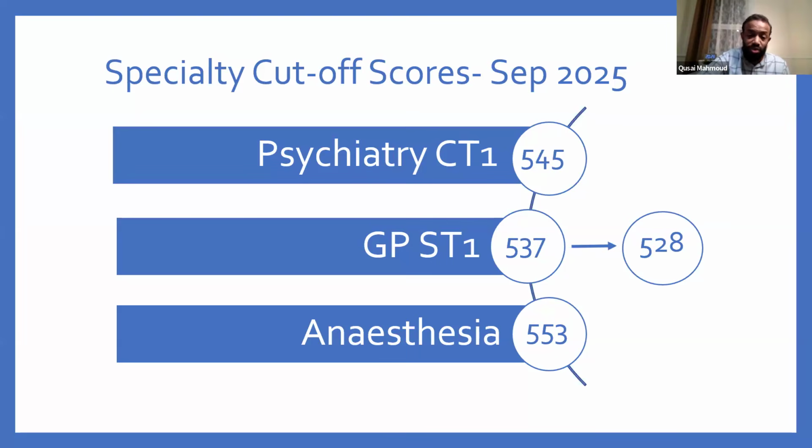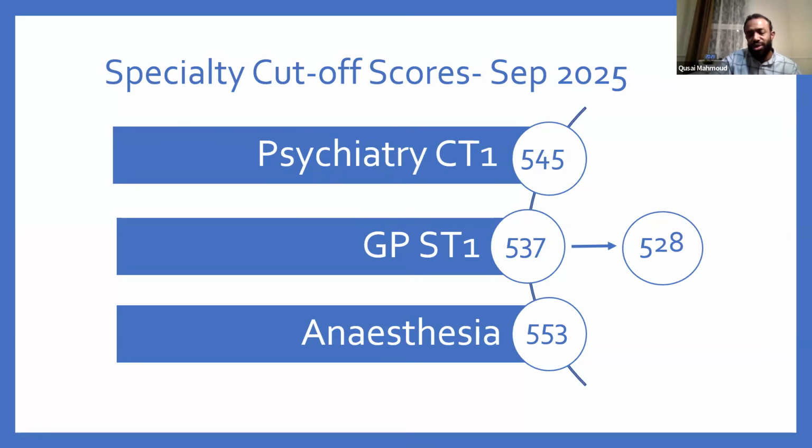However, for GP, believe it or not, the minimum score to get an offer in that round was 537, which is a very high score for GP. However, it went down to 528 today. So today, in the third or fourth cycle, people who scored 528 in MSRA got an offer for GP. However, anesthesia kept the cut score of 553. This gives you a clue about the competition ratio and the ratio between applications and posts, because the posts are very limited in round 3 and the applicant number is huge.